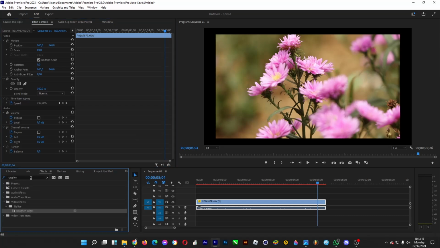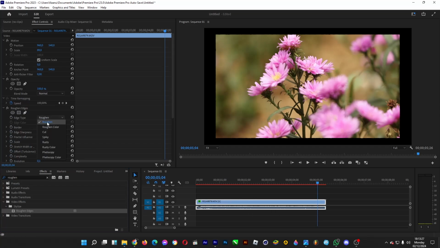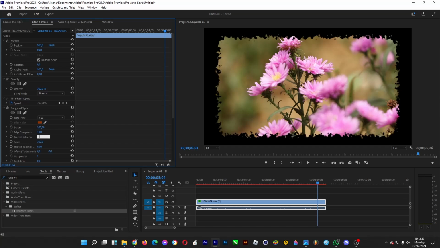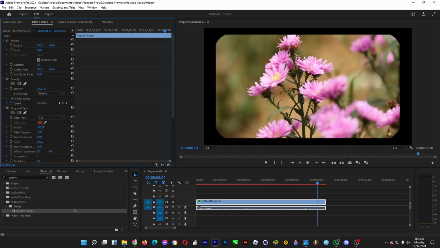Go to Effects, type Roughen, and then drag Roughen Edges into the footage. Afterwards, you change the edge type to cut, the border size to 200, and then the fractal influence to 0, just like so. You can even do some tweaks with the sharpness,